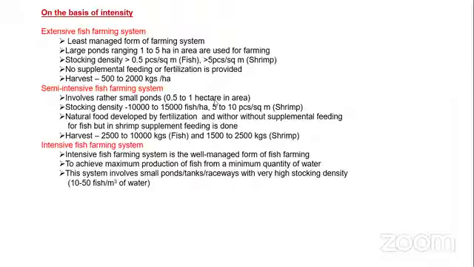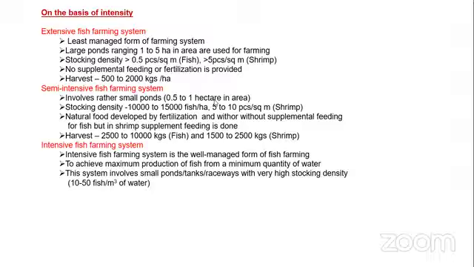So, what are the basic features of the three kinds of farming system? In the first, the extensive fish farming system, the least management is required, where the area is a large pond, ranging from 1 to 5 hectare in area, and the stocking density is less than 0.5 pieces per square meter. No supplementary feeding or fertilization, or we can say no pre-stocking or post-stocking management is done,